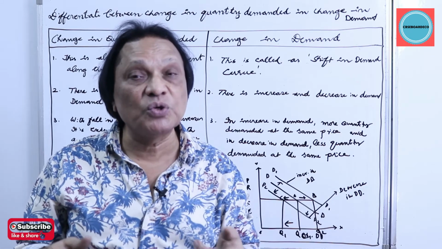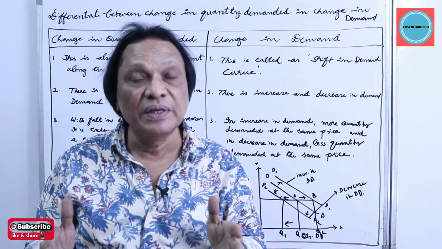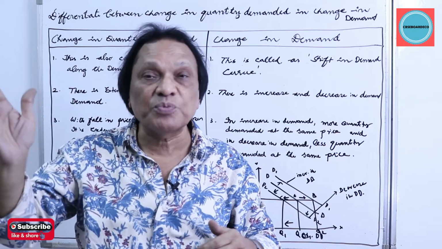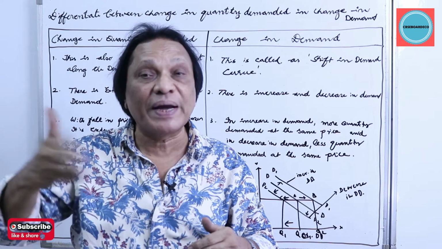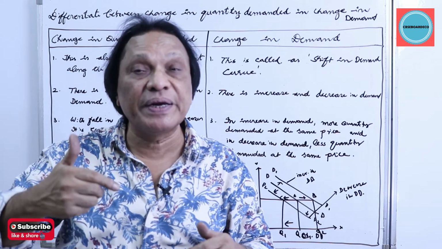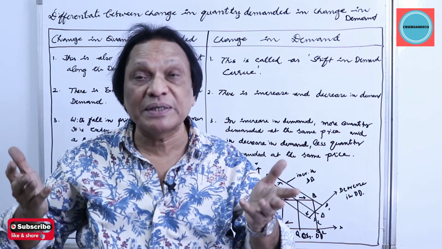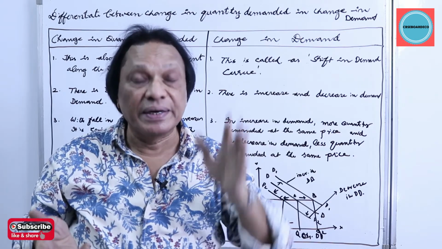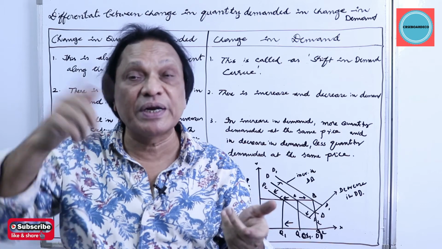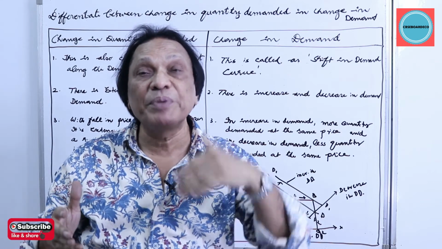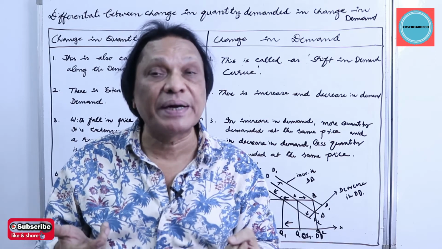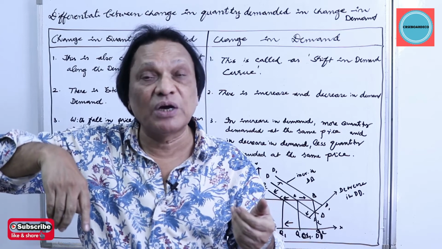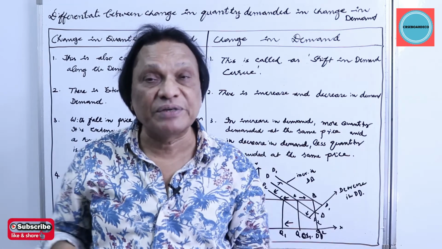Again, you have two changes in change in demand: increase in demand and decrease in demand. Increase in demand, at the same price more quantity is demanded. Why are you buying more quantity? We discussed in detail. Again I repeat, at the same price more quantity. Maybe your income has gone up in case of normal goods, or maybe your tastes have become favorable towards the commodity. Decrease in demand, at the same price you are buying less. Maybe your income has come down in case of normal goods, or maybe your tastes have become unfavorable towards the commodity. So in extension and contraction we move up and down along the demand curve. Here the demand curve shifts rightwards and leftwards.